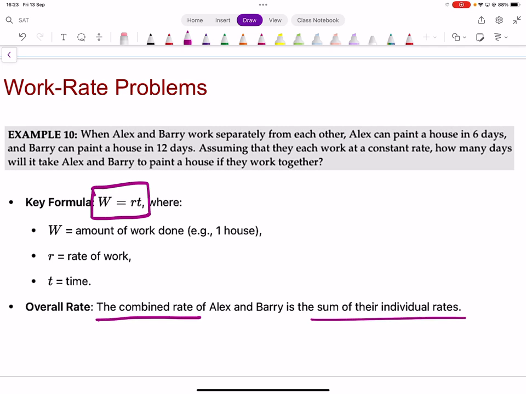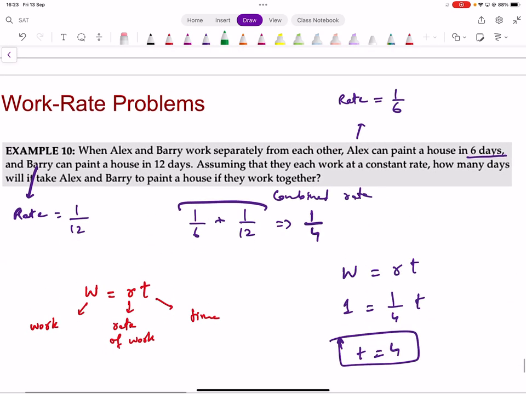Okay? That's how you approach work rate problems. You cannot do it like this कि 6 days में एक कर रहा है, दूसरा 12 में कर रहा है, तो 6 और 12 को नहीं ऐड कर सकते. 1/6 plus 1/12 ये ऐड कर सकते. ओके 6 और 12 को ऐड करके 1/18 नहीं बना सकते, ठीक है।